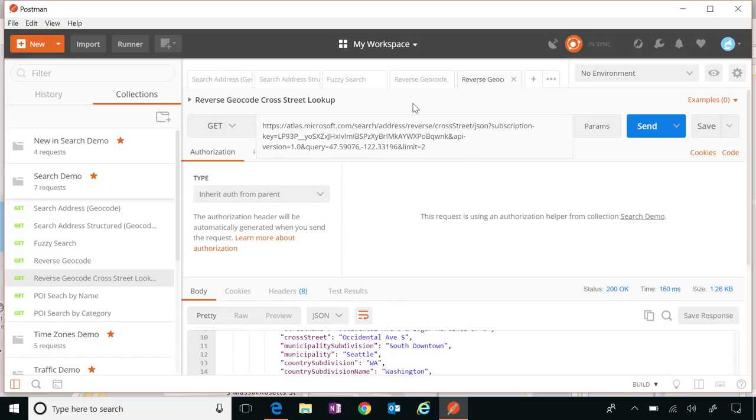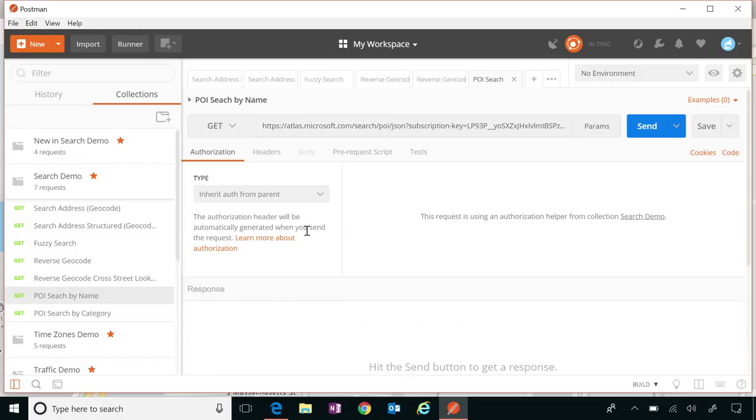So that is reverse geocoding. And then we also talked about points of interest, POI. We refer to that commonly. So you can also search for points of interest. And this one's very interesting because you can get all different types of results back. We have 2 different point of interest type searches. You can either search by name if you know exactly what you're looking for, or you can also do a category search. Okay. The category search is amazing because we support over 100 categories, and I have to say, we